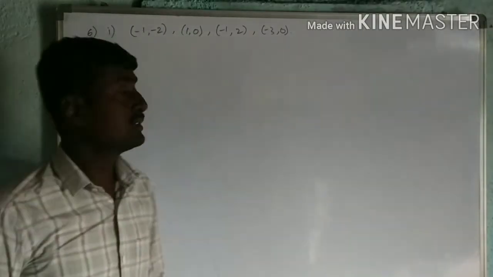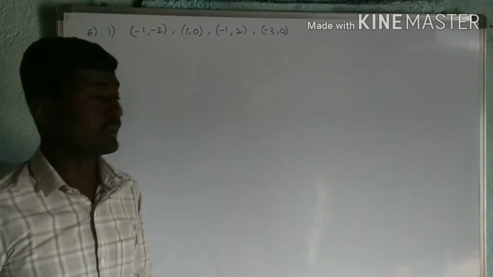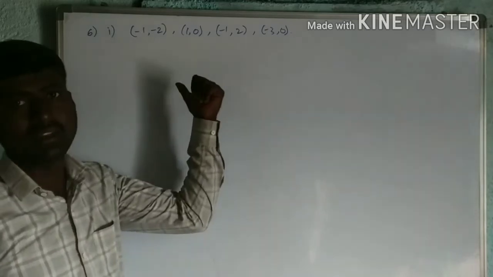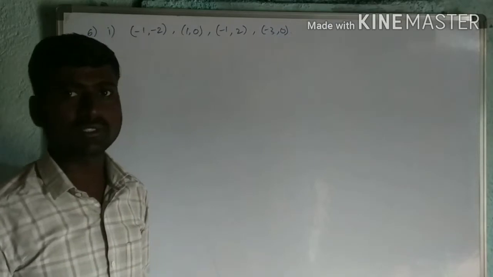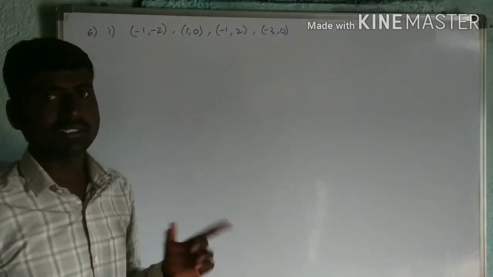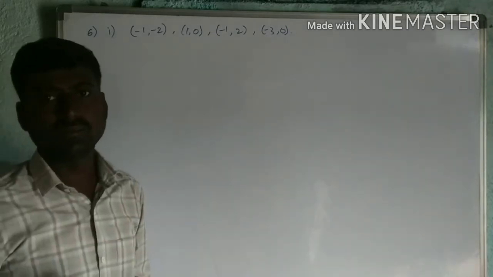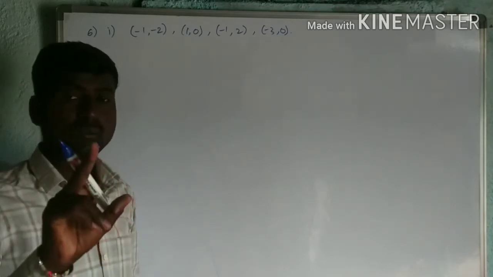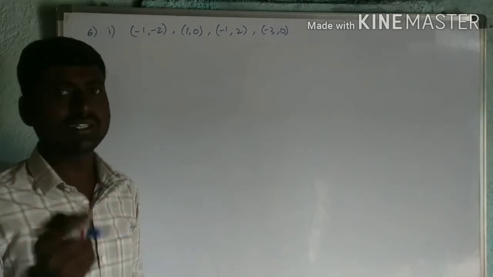Now I will solve question number 6. I will leave question number 5 to you, but I will give a hint. After solving the sixth one, I will give the hint on how to solve question number 5. Okay, first you understand question number 6. The question is, which type of quadrilateral is it? We have to identify it, name the type of quadrilateral, and also give the reason for that.